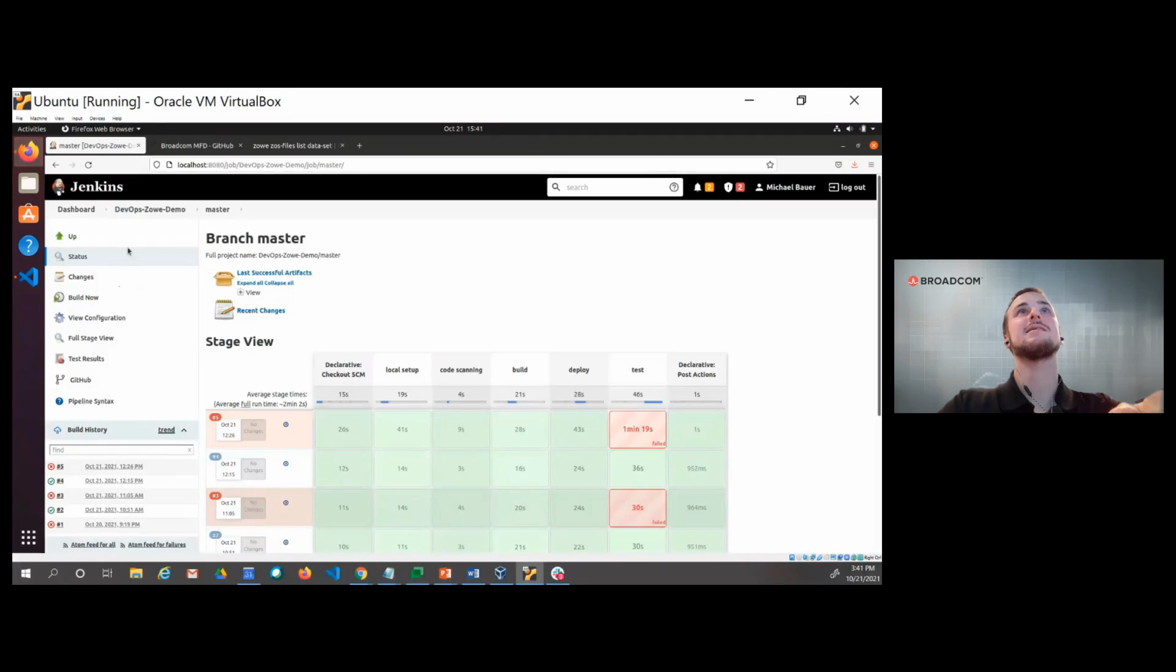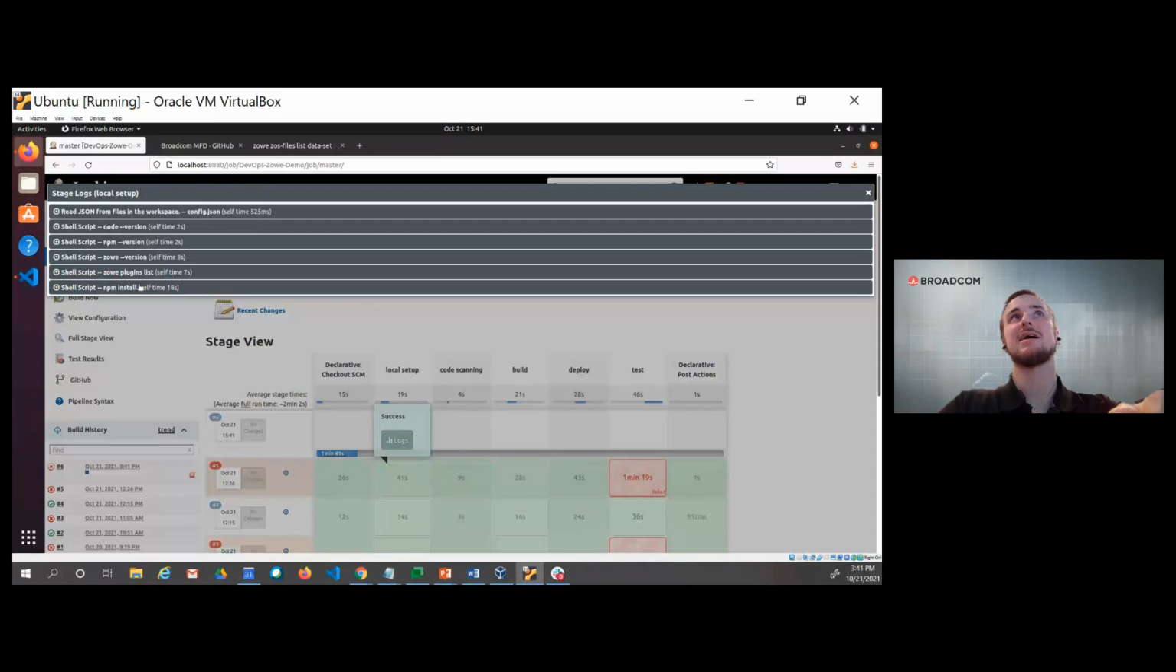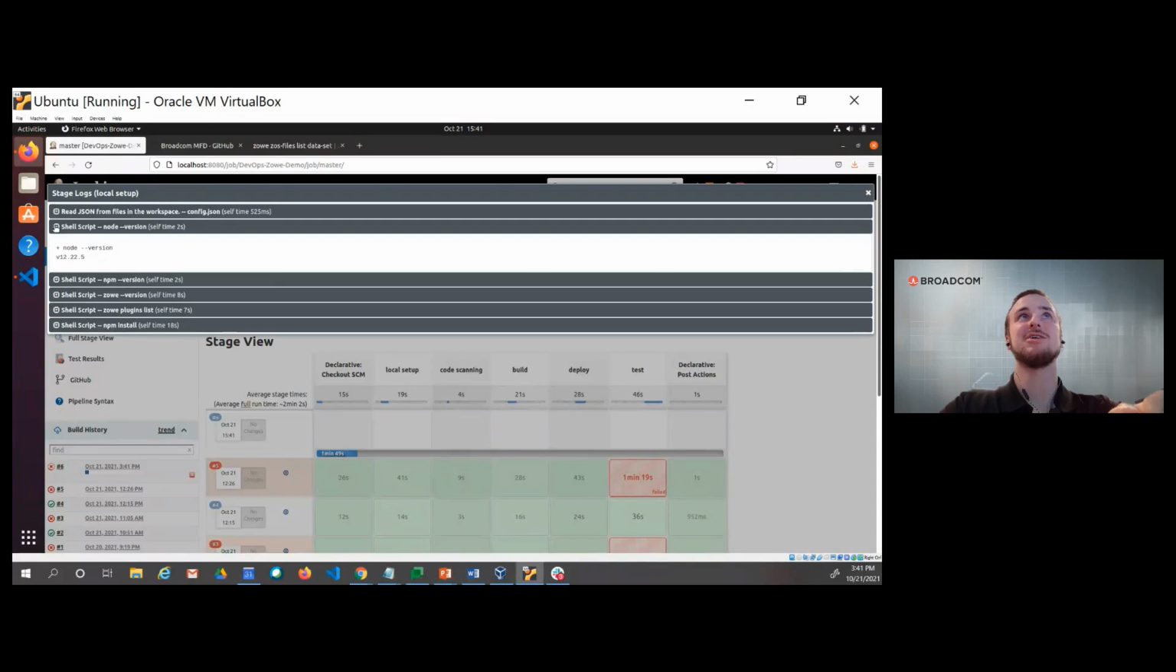Let me go back and manually kick off the pipeline. Okay. And while that's running, we can look at the last run of the pipeline and what it did. So for local setup, it's just logging sort of the environment, so the version of Node I'm running, and this is all running inside of a Docker